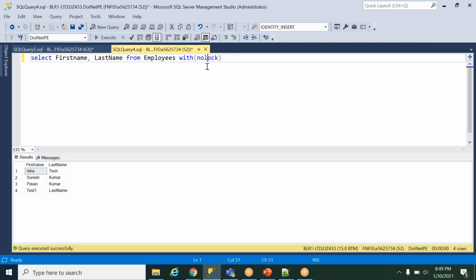So it's better to decide when to use no lock and when to use without no lock. That has to be decided by the developers. For example, when you want the historical data, say the 2019 and 2020 bank statement, or last week's transactions, you can go ahead and keep no lock.